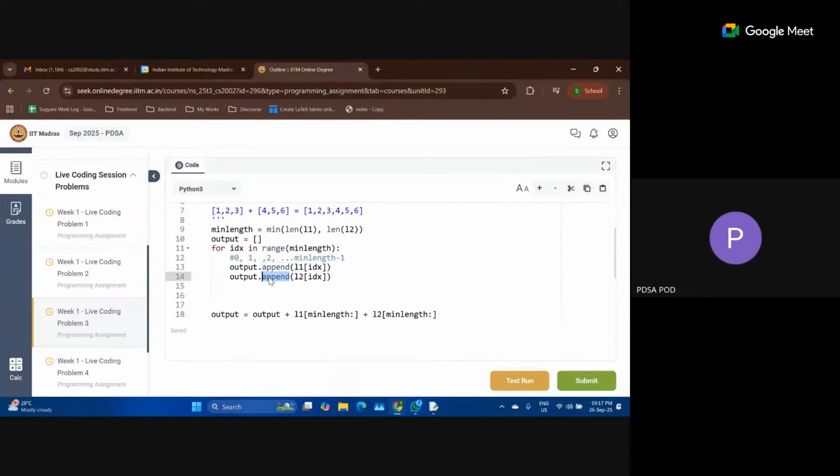Now, imagine a scenario when you are having five different lists. Then this append statement you have to write 5 different times, and so on. Okay, so there is a function called extend for list.